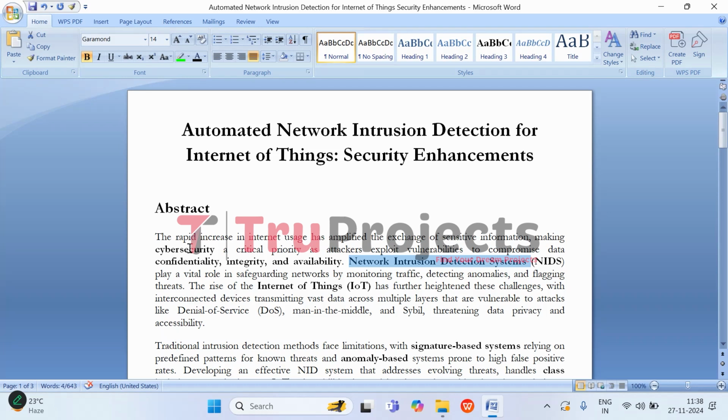becomes a major problem. However, the rise of the Internet of Things, with devices like smartphones, appliances, wearables, and connected cars, has made this even more complicated. These devices communicate with each other and transmit a lot of data across various network layers, making them vulnerable to a range of attacks like denial of service, man in the middle, and Sybil. These attacks can threaten not just privacy but also the very functionality of the devices and services we rely